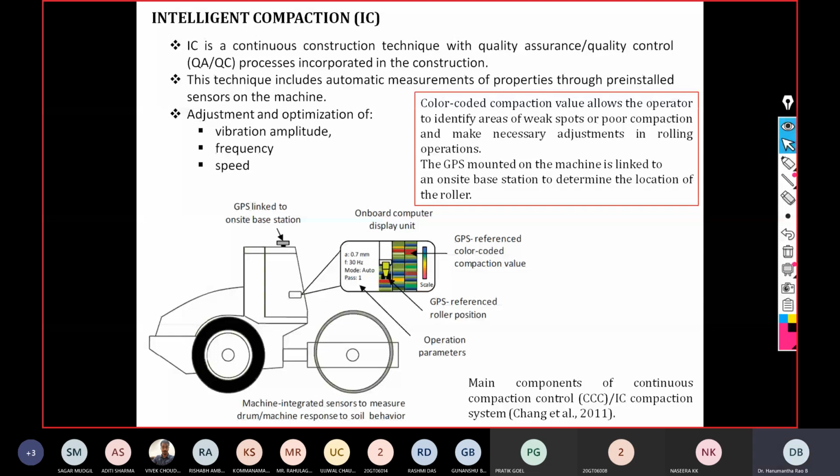So these are the different parameters, in place of measurement by core cutter method or sand replacement method. When you go for intelligent compaction, you do not need to practice the core cutter method or sand replacement method again. Those can be replaced with the compaction meter value, machine drive power, or compaction control value, stiffness, vibration modulus. I will talk about all these parameters maybe in Friday's class.